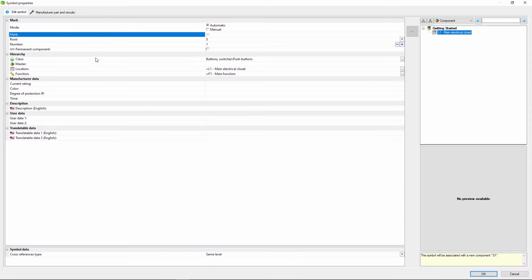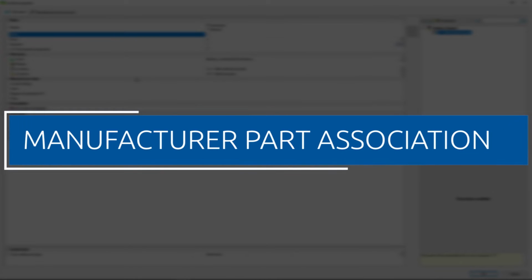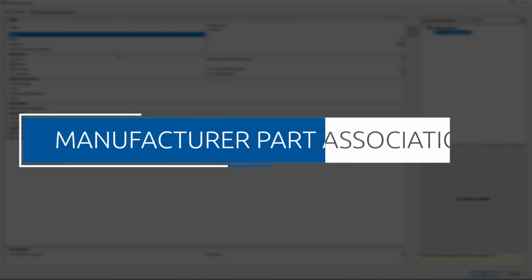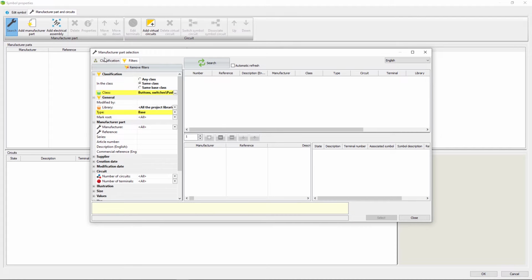In the Symbol Properties tab, we can change the properties or we can populate the missing fields. In Manufacture Part and Sequence tab, we can search for our manufacture part. I click Search and in our library we need to find our push button.